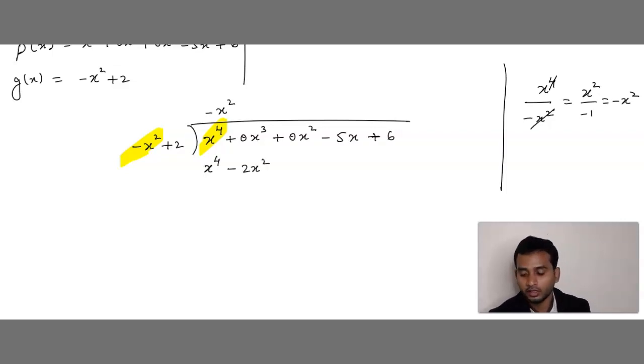Children, remember, always try to keep 4th degree below 4th degree only, third degree below third degree, second degree below second degree, like that. Next to that only you have to write, okay? So that you won't get confused. But here we can see, here is third degree, but here is second degree.